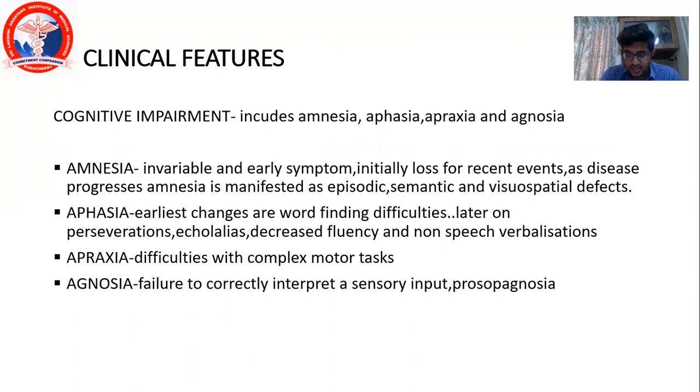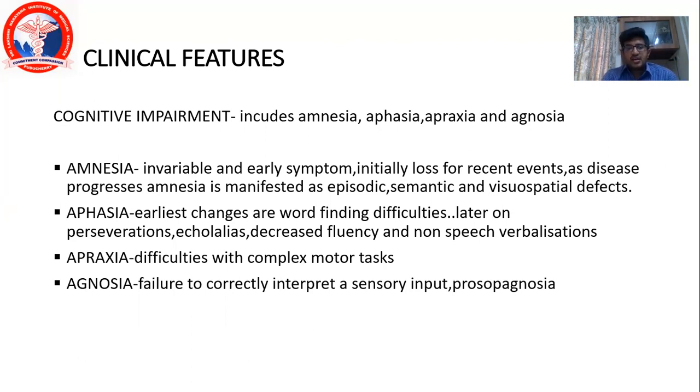He cannot dress, he cannot button himself, he cannot feed himself, and his sleep cycles, everything gets disturbed, and he gets irritable. He doesn't know what is happening around, and he forgets things. He might urinate inside his home, and he might cause a lot of trouble to others because of all these things, and he might end up being totally dependent. So that is the basic gist of how Alzheimer's disease would present.